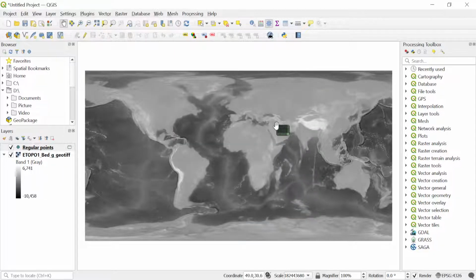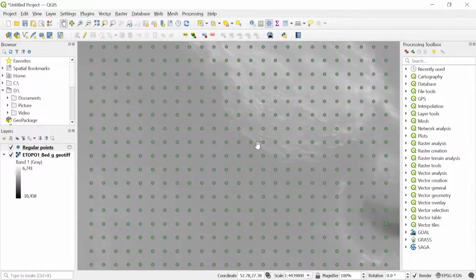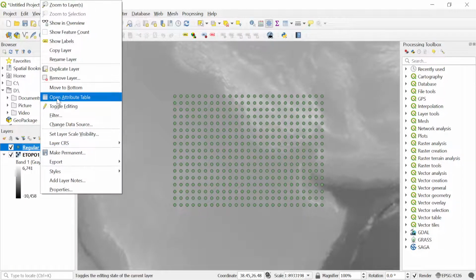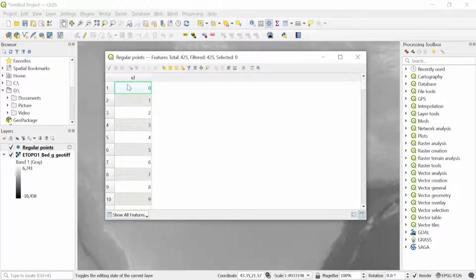So you can see it's created a mesh over the Persian Gulf. If I go ahead and zoom to the layer, you can see that it's created there. So this is my GIS layer created. If I click on the attribute table, you see it's created, but I only have the ID